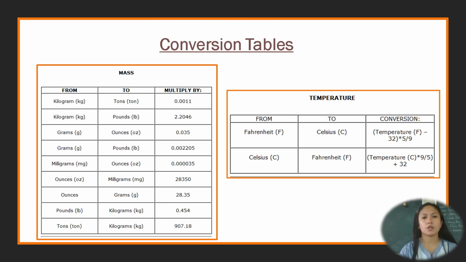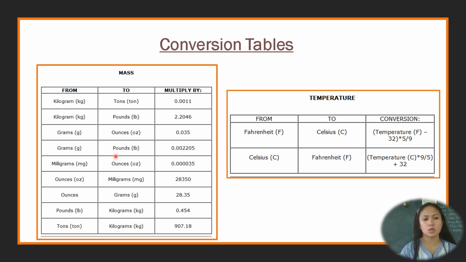Here are now the conversion factors for mass. We have here 1 kilogram is just equal to 0.0011 tons. 1 kilogram is just equal to 2.2046 pounds. 1 gram is equal to 0.035 ounce. 1 gram is equal to